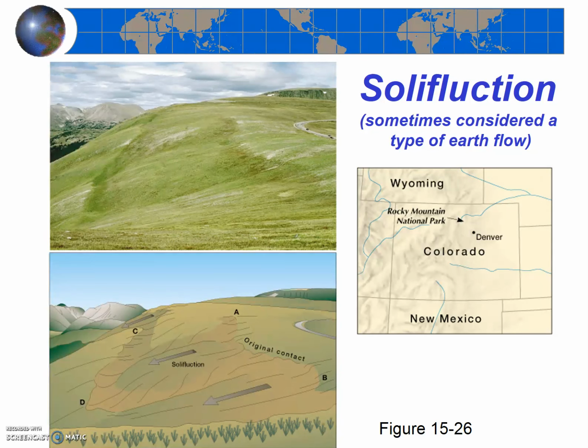One specific type of soil creep is solifluction. Solifluction occurs in areas where there is an impermeable layer close to the surface. Thus, after heavy rains or snowmelt, water saturates the overlying soil and starts to flow down the hillside. Thus, it's really a type of flow, an earth flow, but it is so slow that it is classified